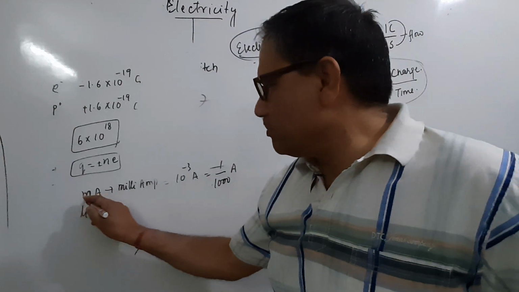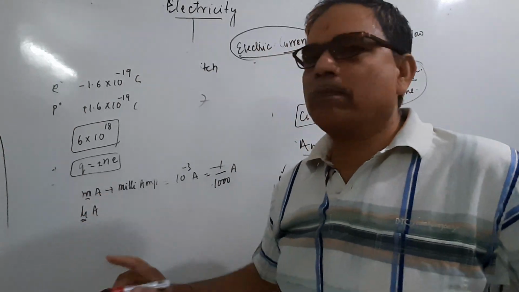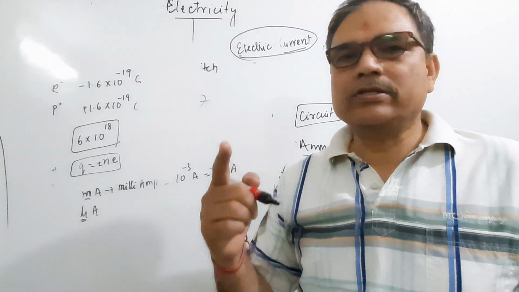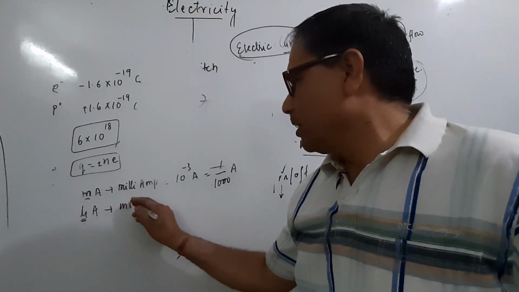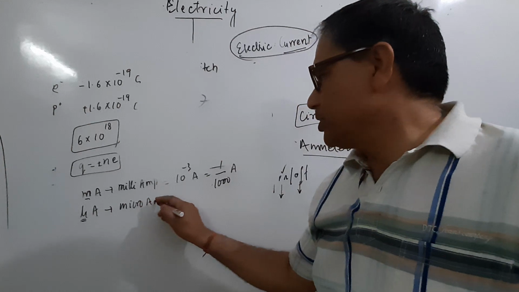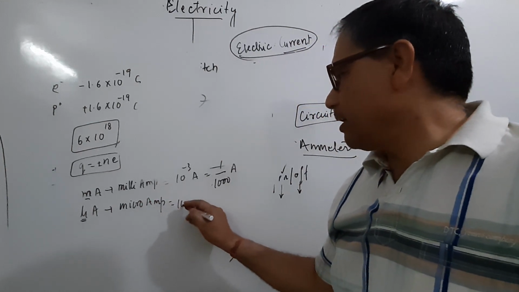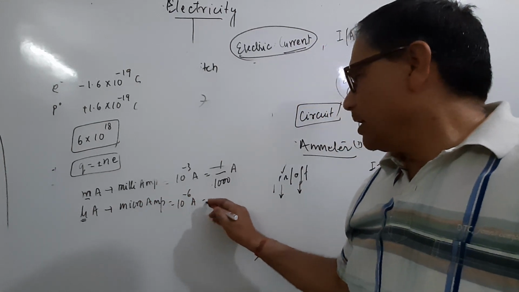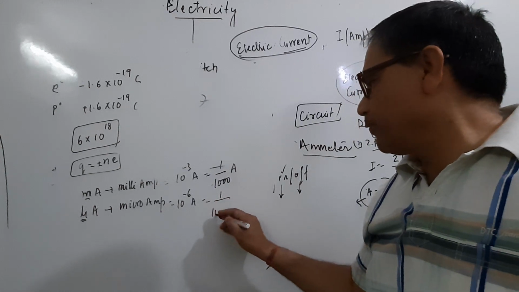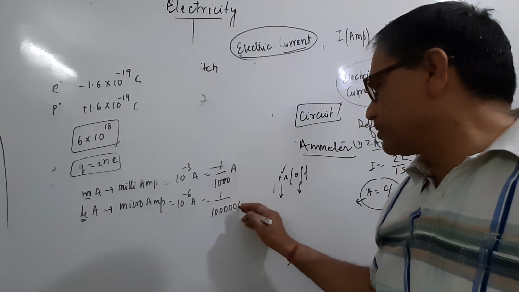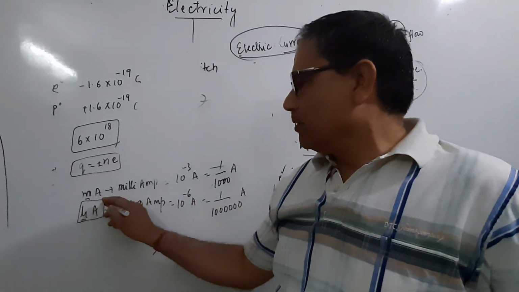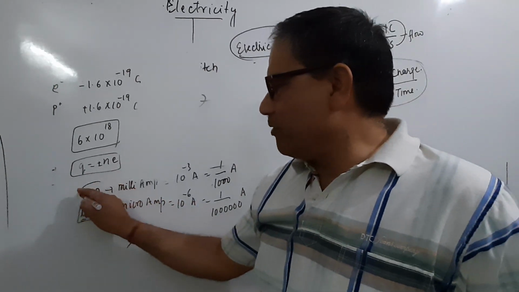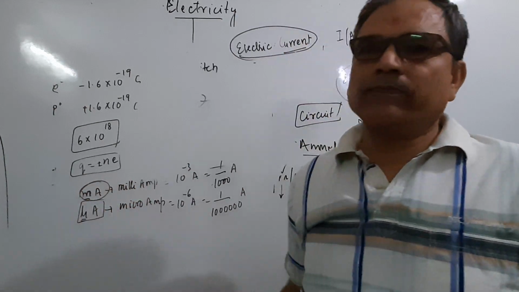This means this is milli and this is micro, which is microampere, which is equal to 10 to the power minus 6 A, and you can write 1, 2, 3, 4, 5, 6 A. It means the smallest unit of ampere is microampere, but generally we will use in 10th class